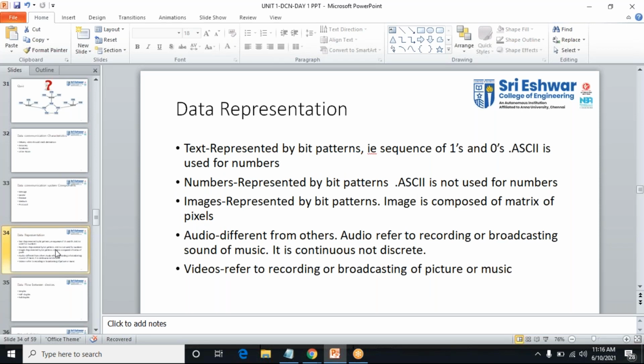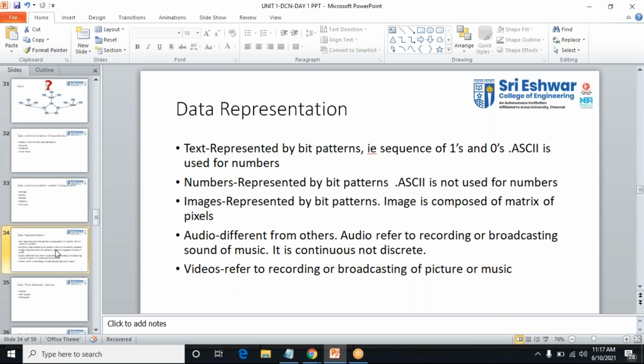For example, if I'm sending one file to another computer, that file I'll call data. And the destination computer and source computer, I will be calling a node, N-O-D-E, node. Please do remember those terms. Here the data, which means the message, the message representation. I'm going to say what the kinds of representation are.